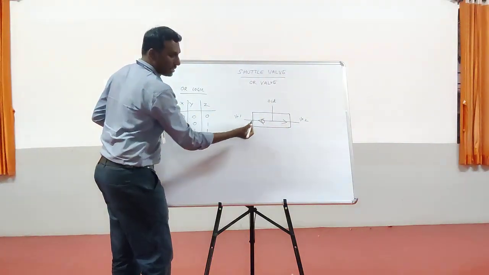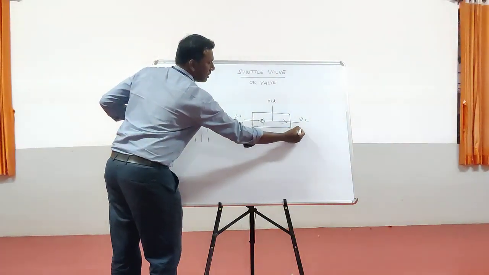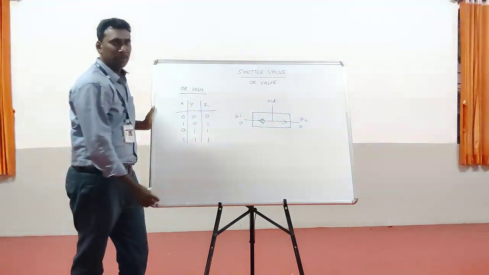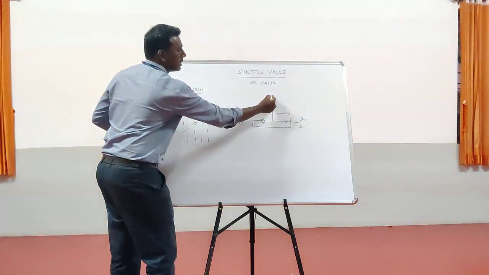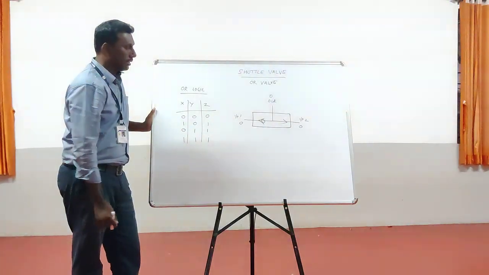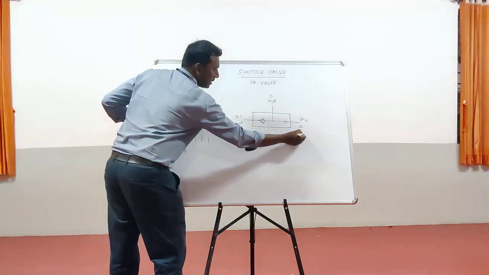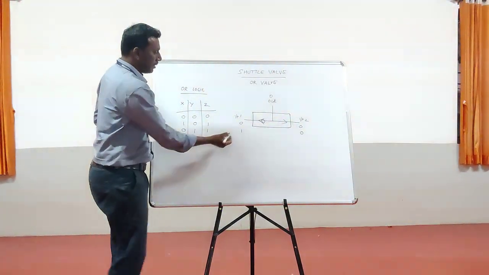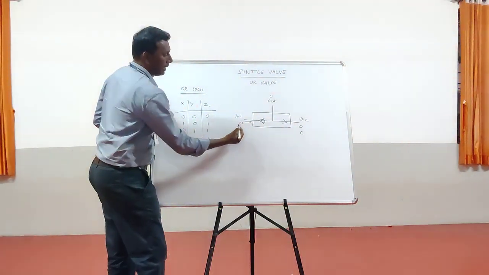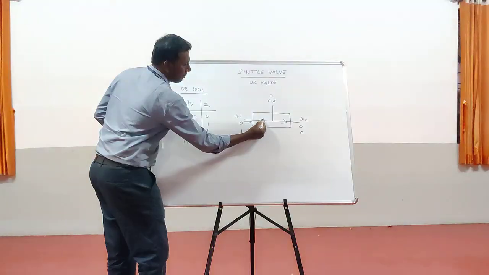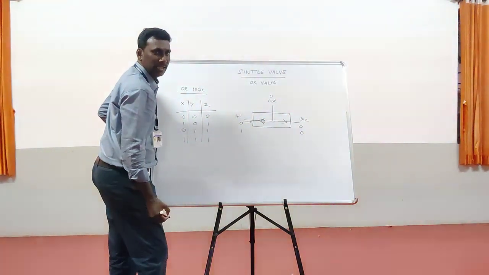If fluid is not supplied to port 1, it is considered a 0. If fluid is not entered into port 2, it is considered a 0. That means if both the inputs are not enabled, the output is 0. If fluid enters the first input and does not enter the second input, what will happen? The fluid enters this line and pushes the float valve towards the center, and the float valve is here initially.